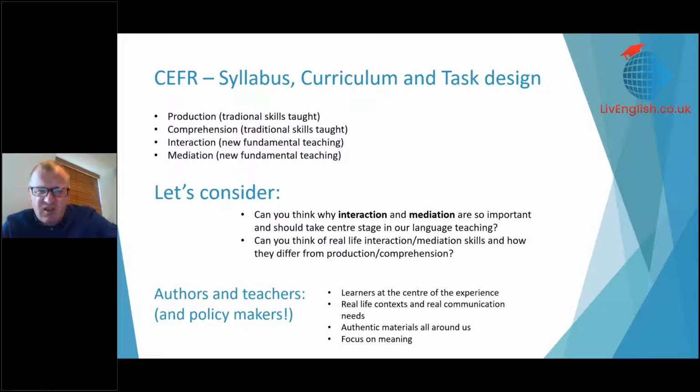So it's not as simple as saying, oh, well, I'm just going to follow the CEFR and take some band descriptors and read them out in the class, and nothing happens there. It's just a description,